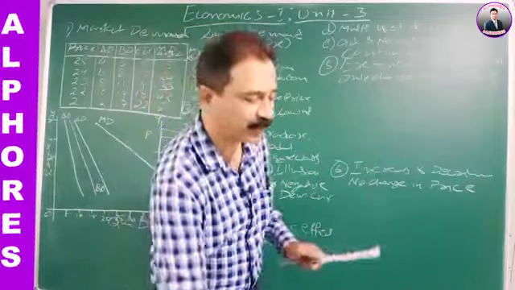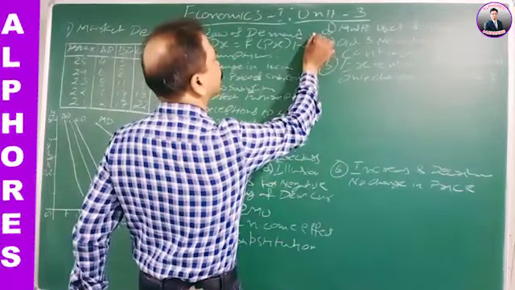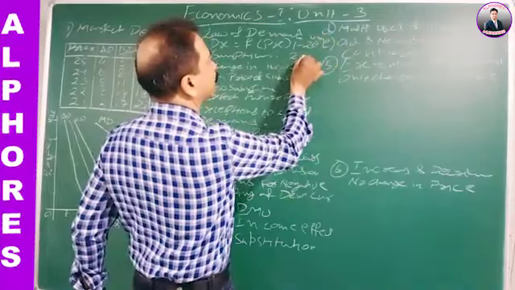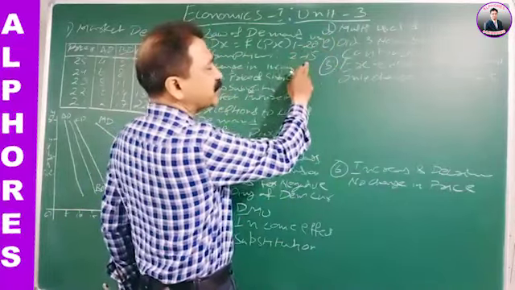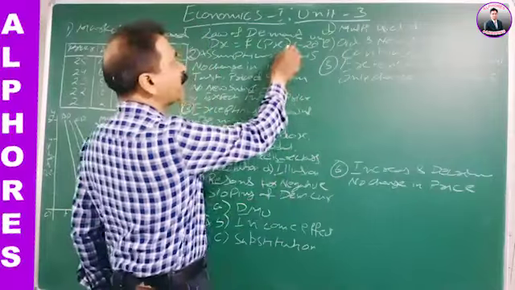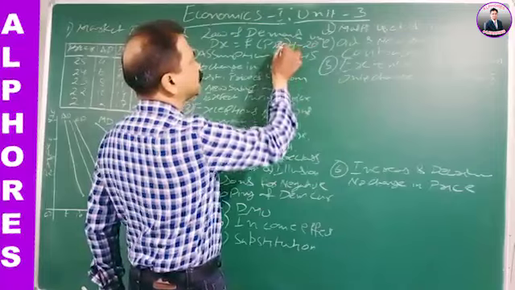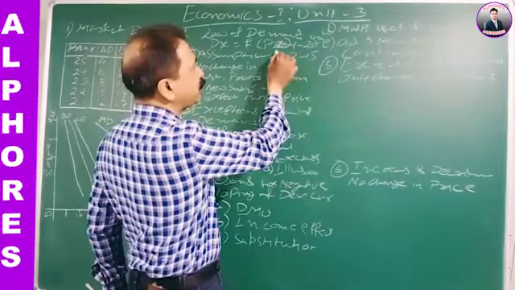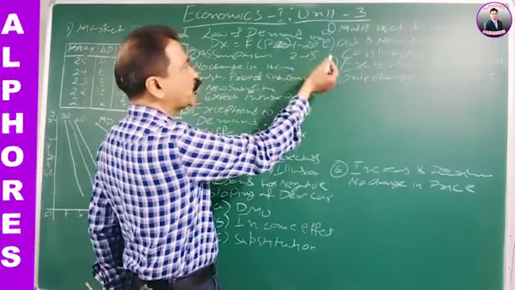Like the first commodity you purchased, you got 20 units of satisfaction. The second commodity gets you only 15 units of satisfaction. See here, when satisfaction decreased, why would you want to pay the same amount? For the first commodity you paid, let us assume, 20 rupees. Do you want to pay the same 20 rupees here, while you are getting less satisfaction than from the first commodity? No, you don't want to.